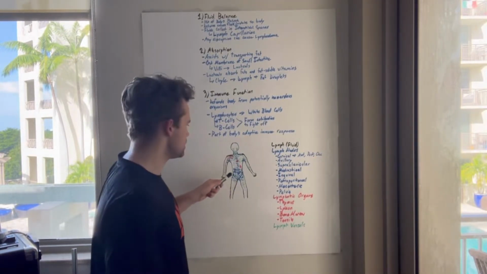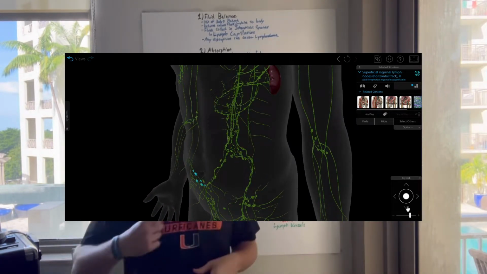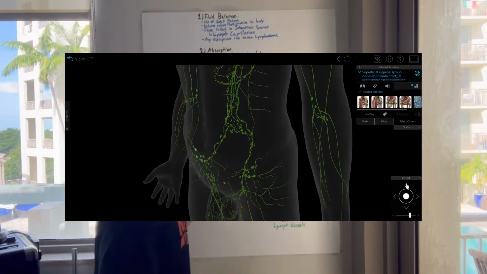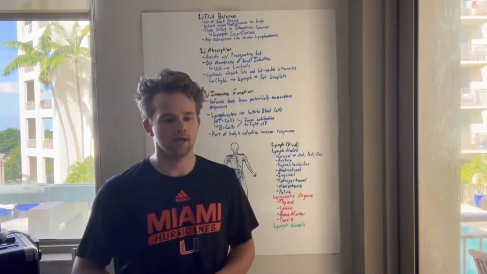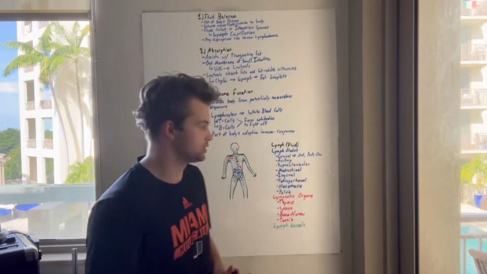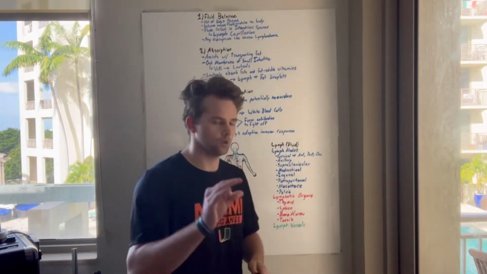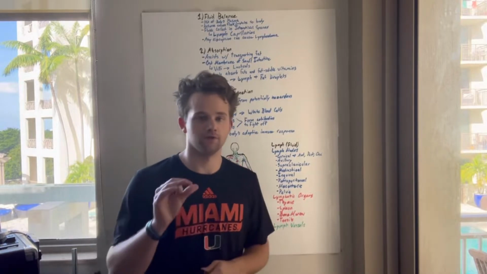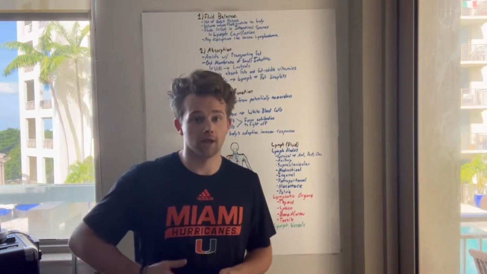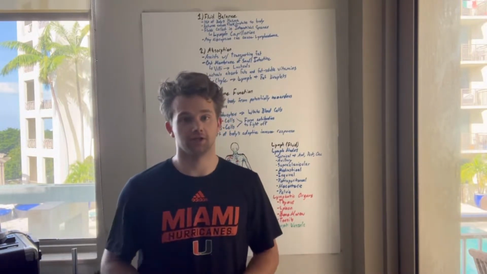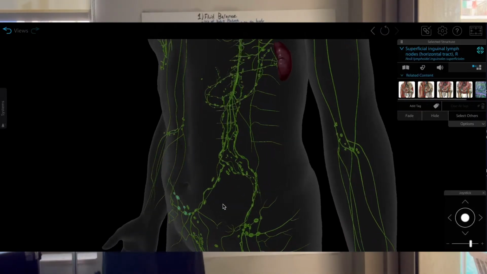We have the retroperitoneal lymph nodes, which are basically behind the tissues that cover the abdominal wall. These, for men, are the first nodes to swell in the event of testicular cancer. So if you have large globs of fluid, if your lymph nodes are inflamed in your abdominal wall area, that could be indicative of testicular cancer for men. Next, you have the mesenteric lymph nodes, which are deep in the abdomen, and they are located